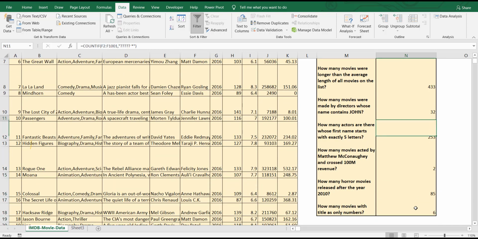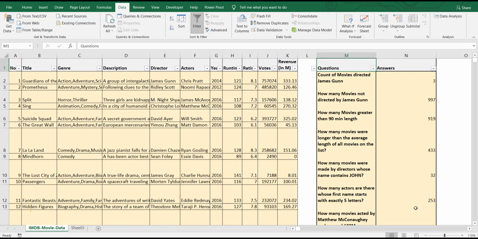So now you realized how powerful it is. Just using count and countif functions, we have done very powerful data analysis. We answered almost 9 different questions using wildcards, logical operators, text strings. For a few of them, we used double quotations because those are text strings or logical operators with numbers. So as per our rules, if you don't remember those rules, just go and revise one more time and then come back and solve these questions, right? Then come back and see this example. You will understand more and more, right?